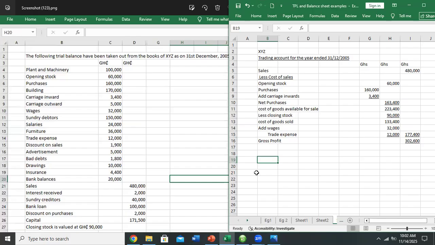Okay, great. So for the purposes of Fifi, we're preparing the trading account. I want to believe by now you have watched the videos and at least you appreciate where we are. So it's like the GHS selling price minus cost price to get your profit or loss. But this time, you have to do a lot of things to get the cost price, which is the cost of sales. So that's what we just ended. Now we are moving on to the profit or loss account for the year ended 31st December 2005.